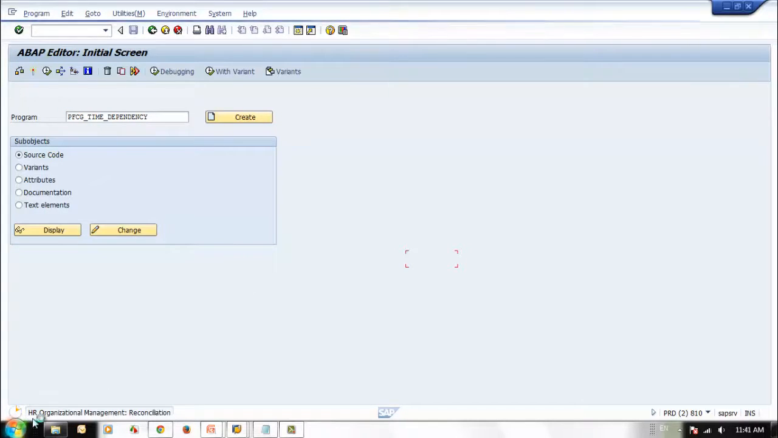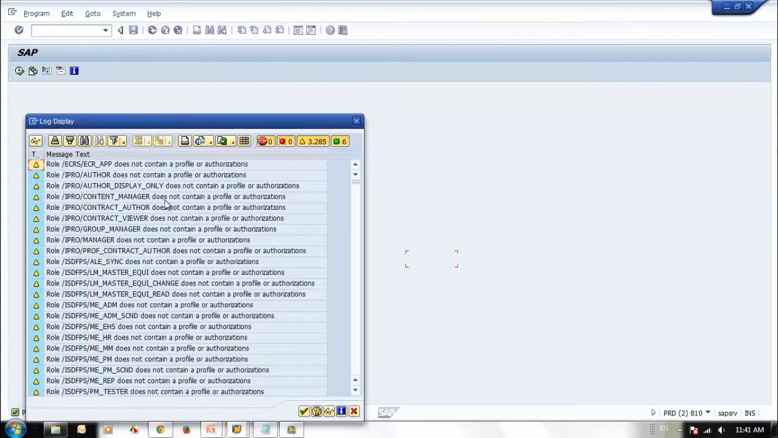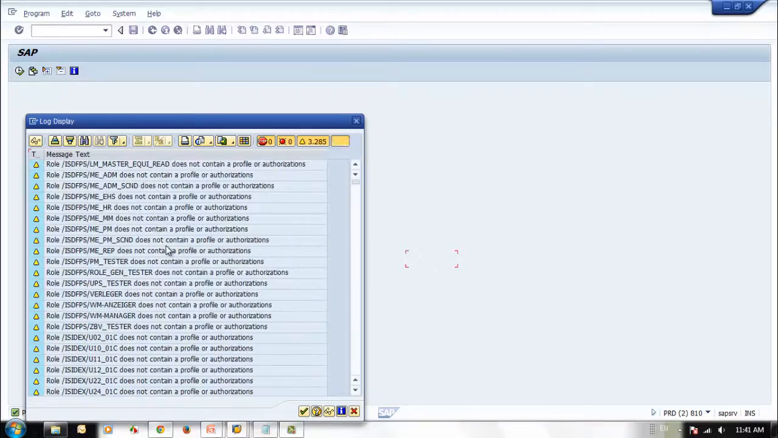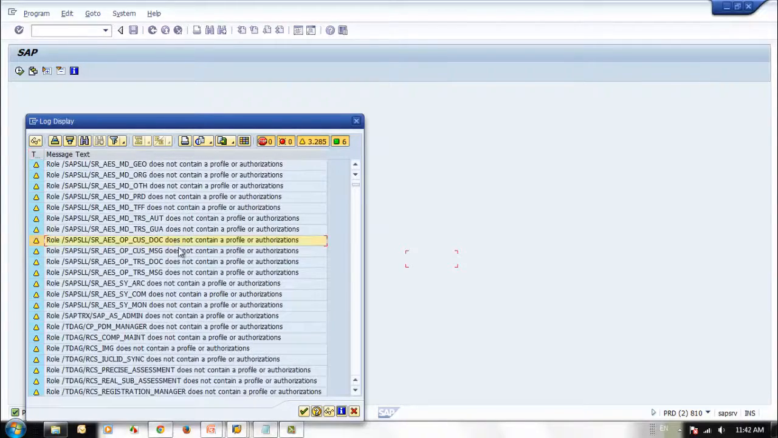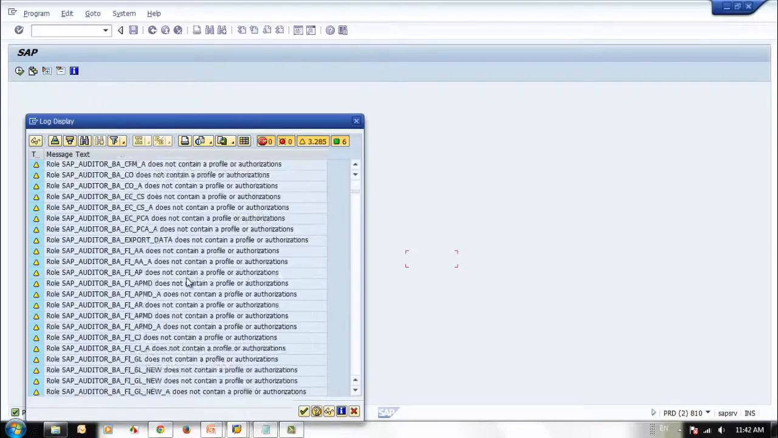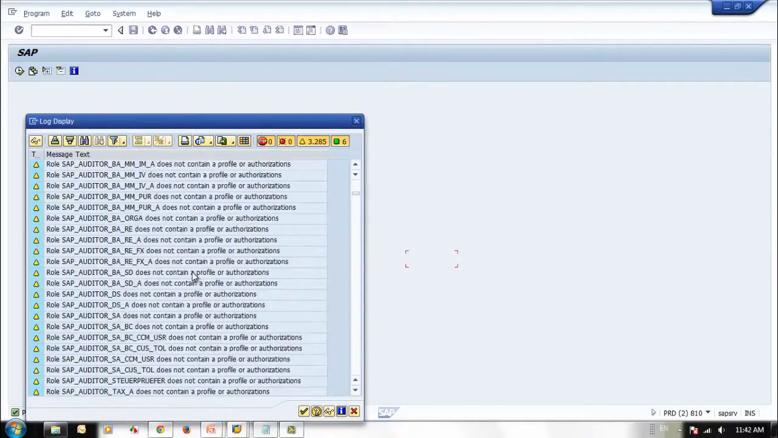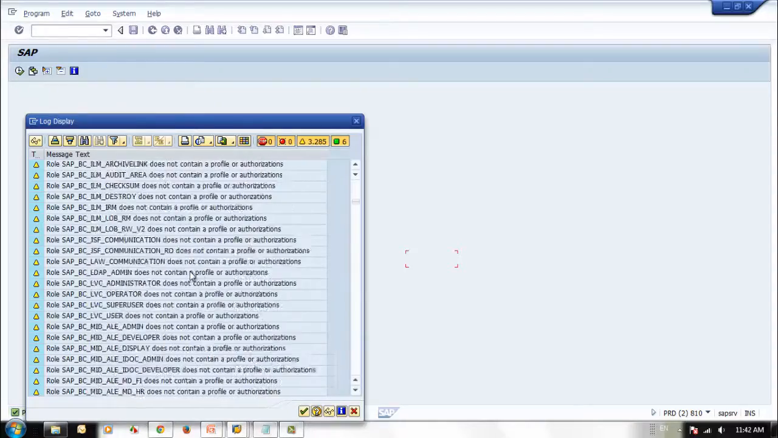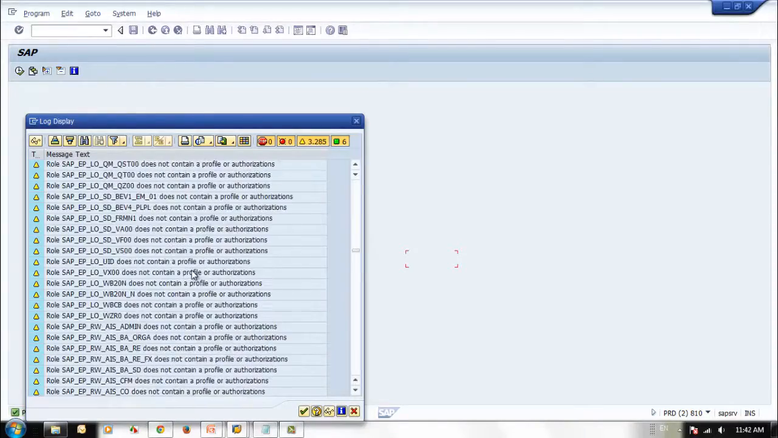If you see, it's doing a reconciliation of HR org management, then it is doing composite role reconciliation, then it's doing a profile matchup. Now it gave me some information. Let's say it does not have these roles, does not have profiles or authorization. These are all the standard roles which are delivered by SAP. Doesn't matter, it's okay. Some information,